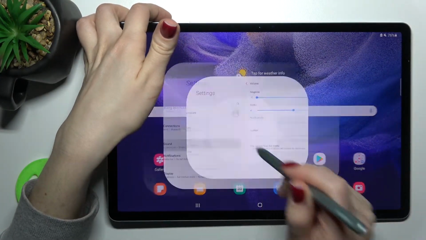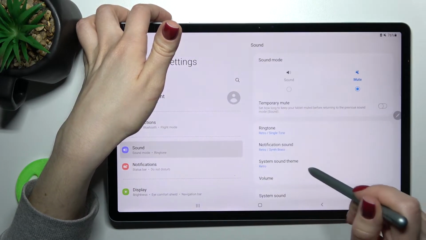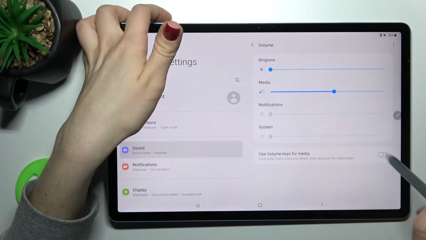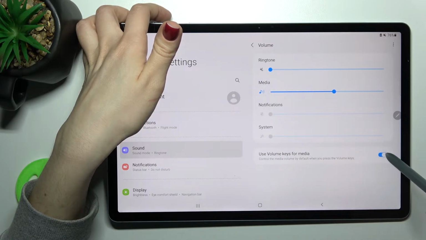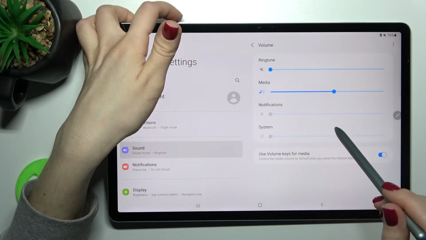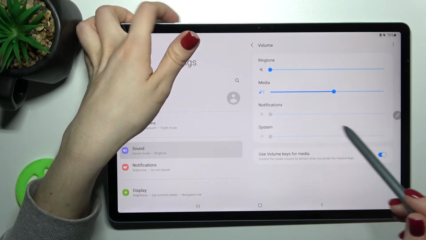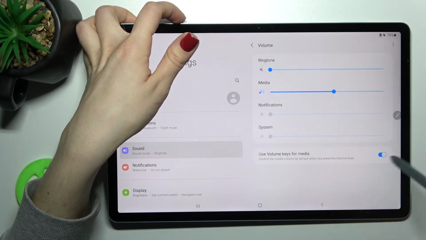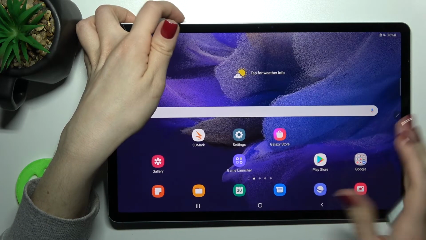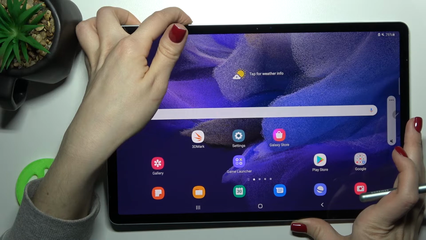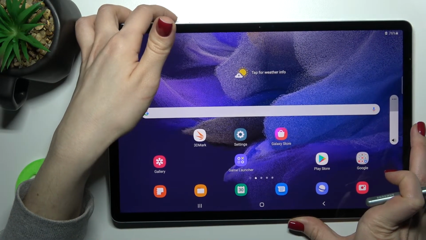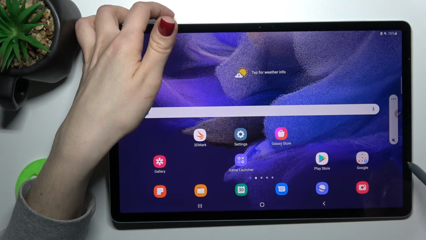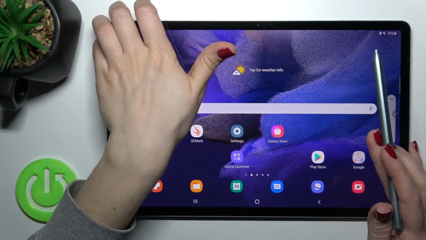But first be sure that in your Volume section you have disabled the option to use volume keys for media, because if you enable this option, your volume buttons will change the media volume, not the ringtone volume. So just turn off this switch. And now, by pressing your volume up button, you can unmute your ringtone, and